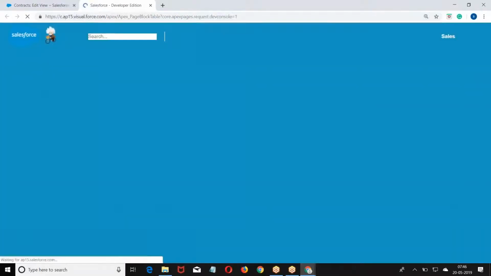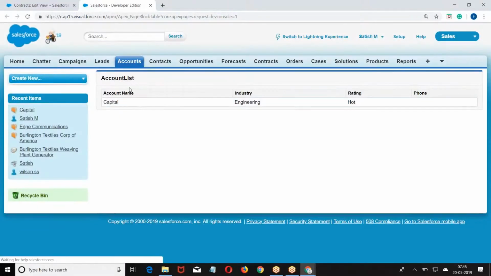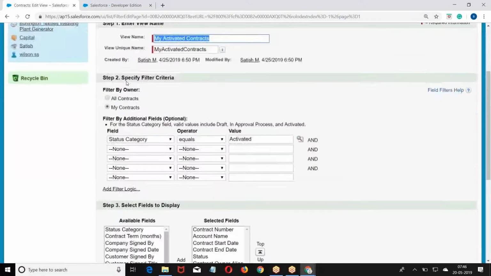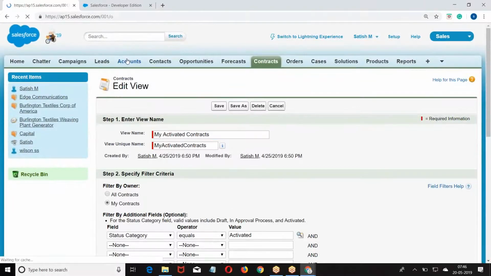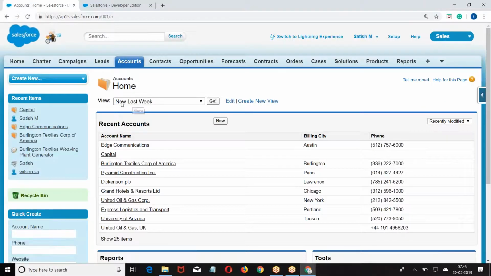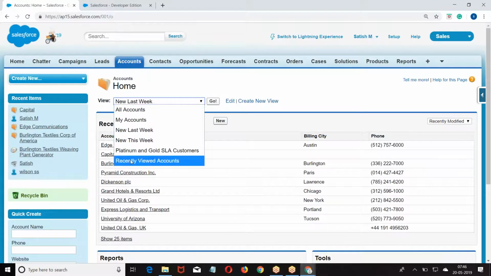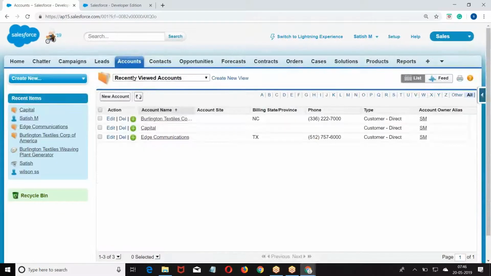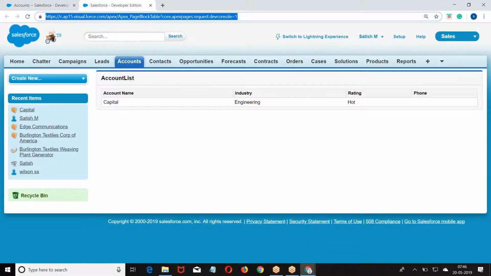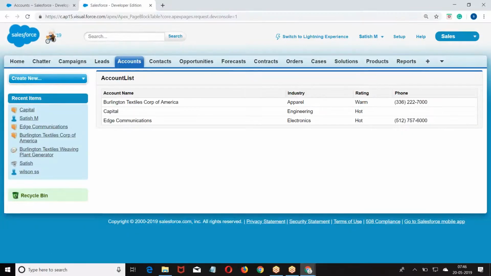Preview. Now look at this. As per the filter on account, what was the filter selected here? Last week. I modified it to recent week. So based on this, you are getting 3 records. So go to the page. Now I am going to the account and modifying because I don't have any other choice. Okay. Down the line, when we go to Apex programming, we will not go to account. We will straight away write a query for what we need.